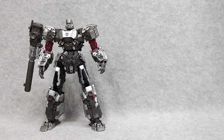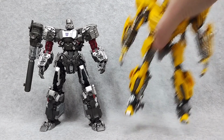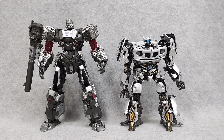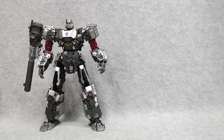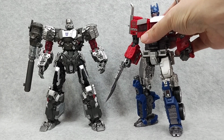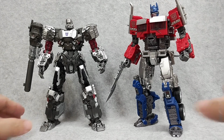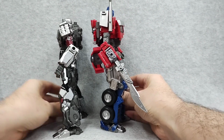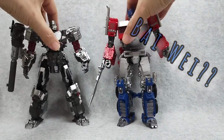And once again, the Studio Series Gamer Edition Prime is cool, but I still like this one better. And for some Masterpiece Transformers, let's bring in the KO Wasp Warrior Masterpiece Bumblebee, just so you can see how big he is. And let's keep the silver theme going, and we'll bring in Masterpiece Jazz. This is the KO version. Oh, hell no! Was it something I said? Oh, and here's the Supreme Commander Oversized Prime from Rise of the Beasts, and he's just not tall enough. Megatron's just a shrimp compared to him,